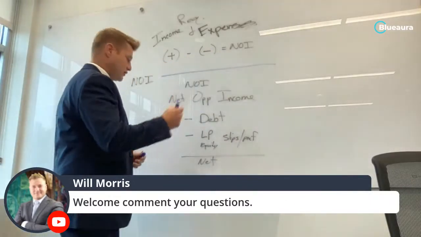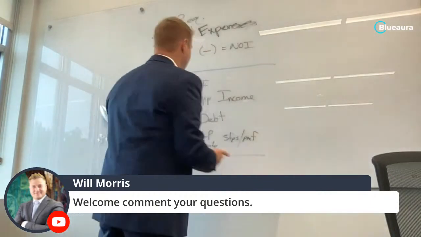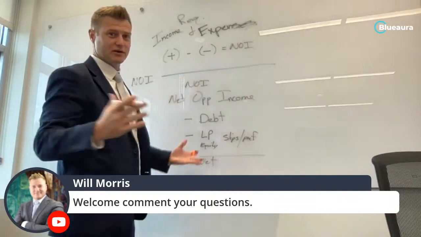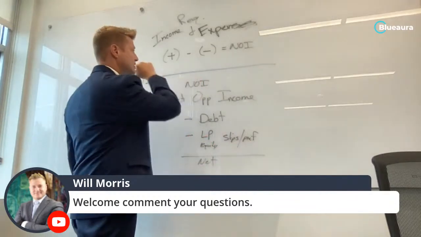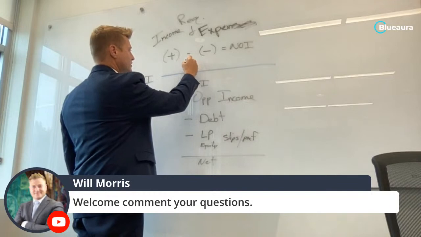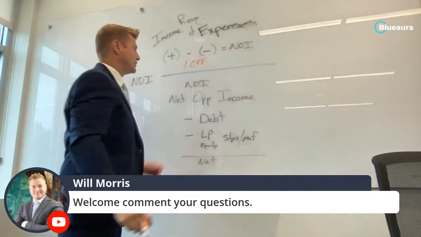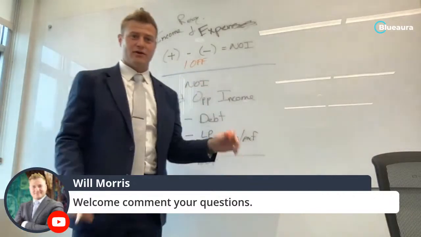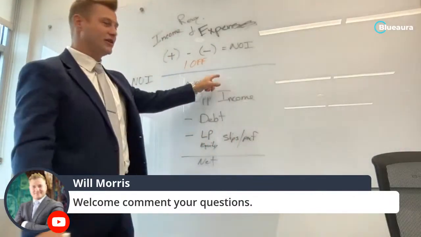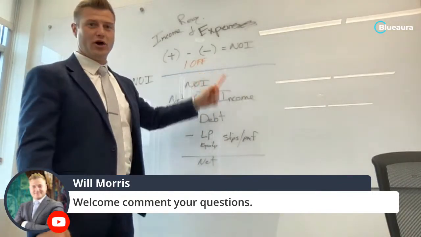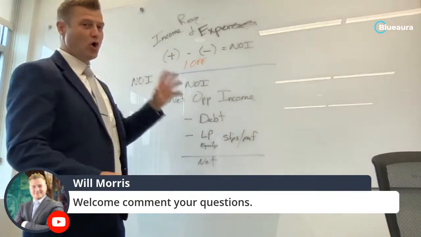Well, here's something that you got to look for. I'll write this in the bright orange here for some Tennessee. It's almost football season. So anybody, SEC fans here, what you got to look for here is one-offs. I'm going to put one-off. So, for example, the deal that we had in Franklin, what happened on that one is they had $85,000 of one-off income from home sales.